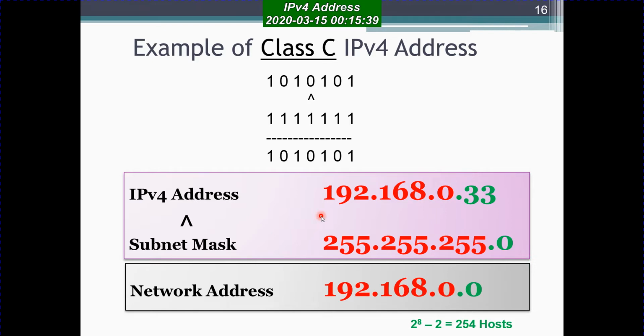So if you are provided with an IP address, you have to be given its related subnet mask. The subnet mask here is a must, unless you are told that it comes with the default subnet mask. For example, I give you a class C IP address with a default subnet mask. The default subnet mask of class C is